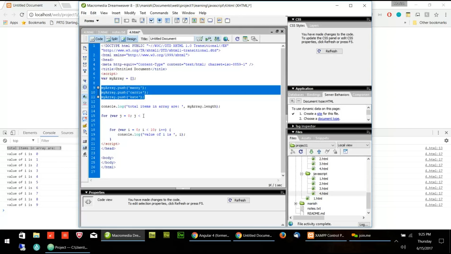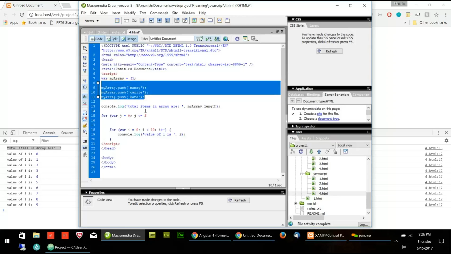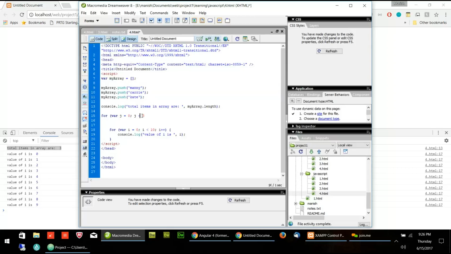So j less than what? 2 or 3 or 4? 3. j should be less than 3, because first time it will be 0, second time it will be 1, third time it will be 2, and I will go out of the loop. So it should be less than 3. If I put less than or equal to 3, then it will go 4 times, but we have only 3. So it should only say less than 3, so that it goes only 3 times. And I'll say j plus plus.